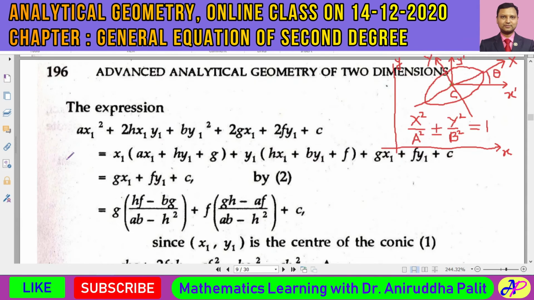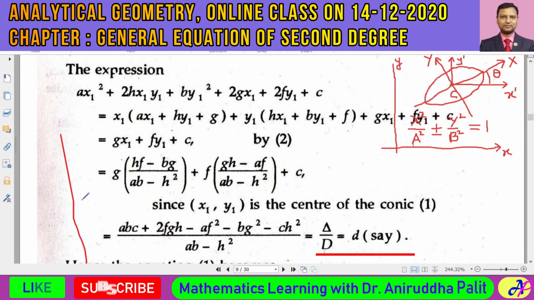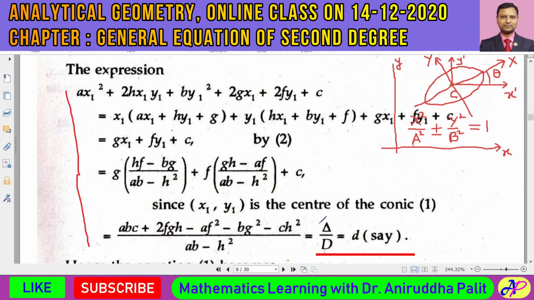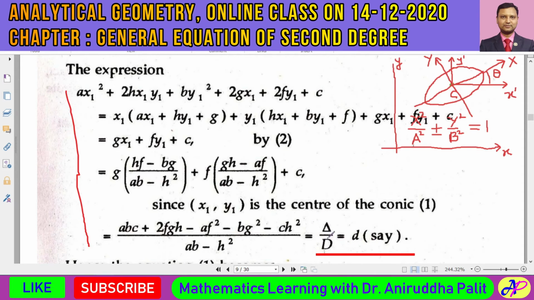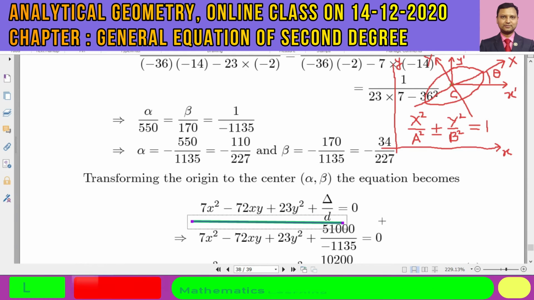You don't need to complete all these intermediate manipulations. Got it? These intermediate manipulations have been shown just in order to use the expression of small d. Small d is equal to delta by D. In exam at least you can directly write all these results, and you can say that